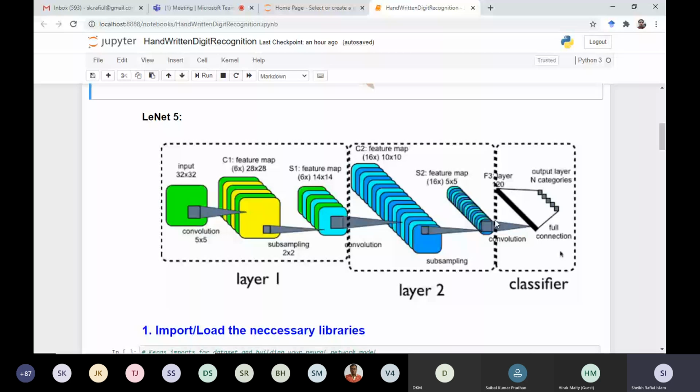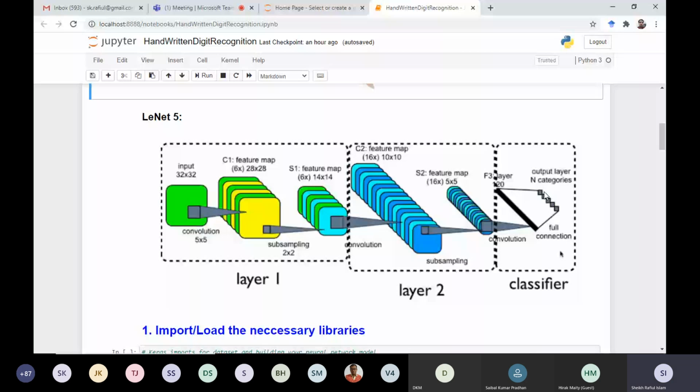Why is the flatten operation required? Because this is a multi-dimensional array. To convert this multi-dimensional array into a one-dimensional vector, we need a flatten layer. At the final layer, as the number of classes is 10 for this problem, we will have 10 neurons.